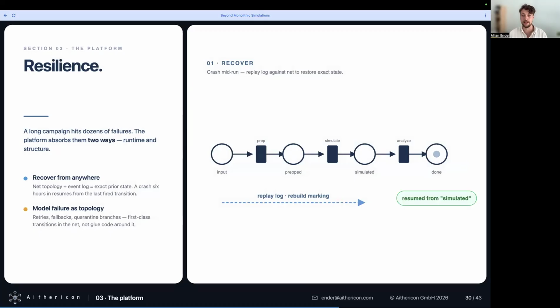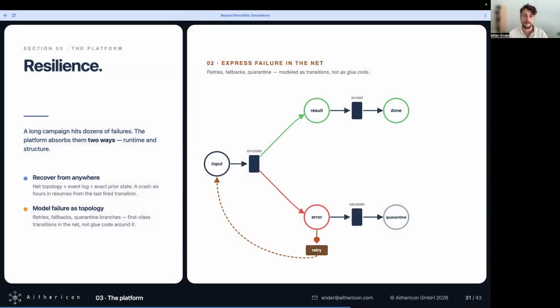And here again, a short animation of how this recovering mechanism works. So again, we have some crash maybe, then we can just look at the past logs, recreate our state from there, and then resume from there. Another very important thing is that we can model failures very transparently.